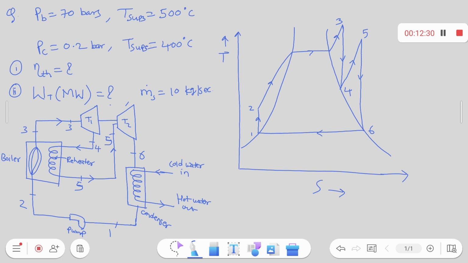So turbine work is what? Turbine work in the first turbine plus turbine work in the second turbine. Turbine work in the first turbine is H3 minus H4. Turbine work in the second turbine is H5 minus H6. Pump work is what? H2 minus H1. And heat addition,